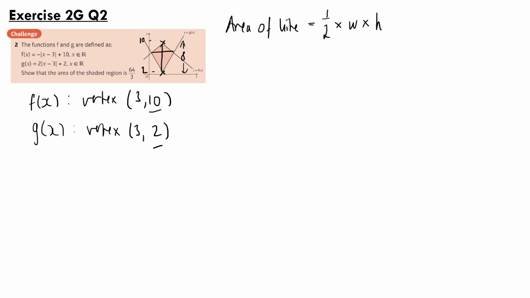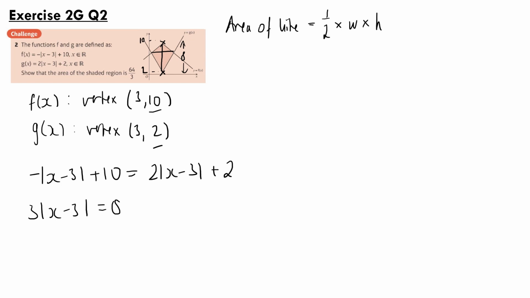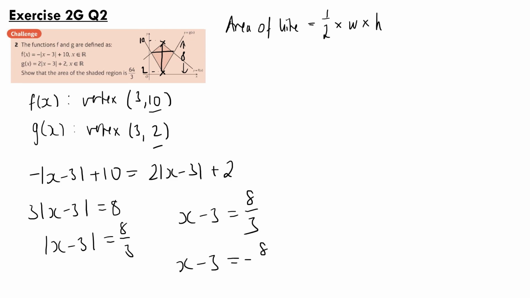Now for the width, we need to find the points of intersection. So here we're going to set the two functions equal to one another. And if we rearrange, we get 3 times the modulus of x minus 3 equals 8. And so the modulus of x minus 3 is equal to 8/3. So our two solutions are going to be where x minus 3 equals 8/3 and where x minus 3 equals minus 8/3. So our first one here, we have x equaling 17/3,